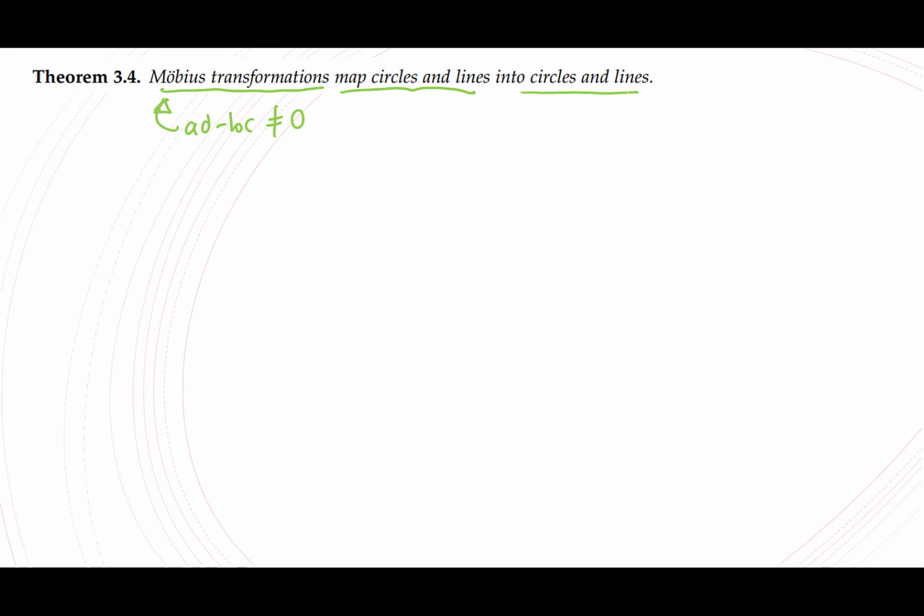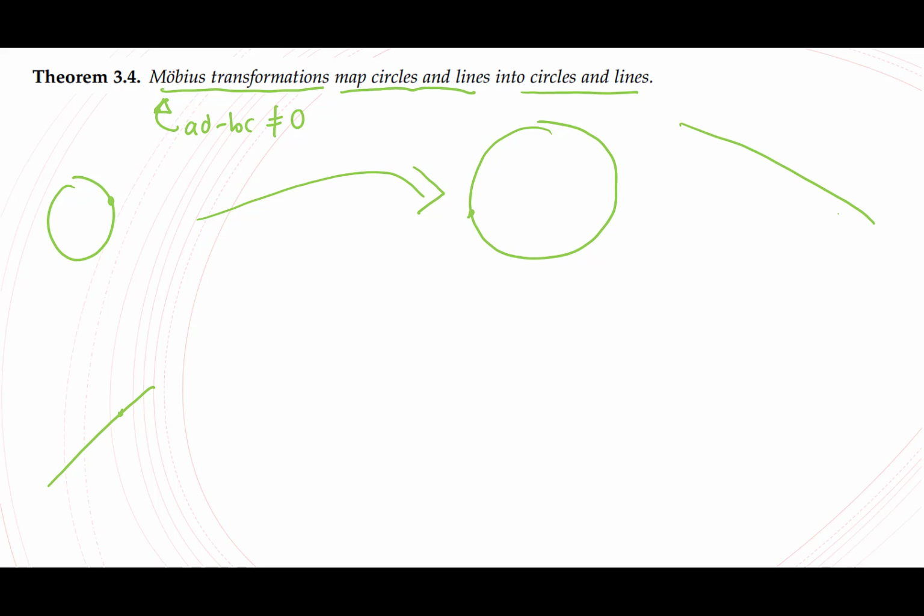And what I mean by that, or what this theorem is saying, is that let's say we have a circle or we have a line, okay, in the complex plane. If you plug any point on the circle or on the line into a Mobius transformation, basically the function is just going to map it onto either another circle, so maybe it's a little bit bigger, and maybe it's over here now, or some kind of line. Maybe it's this line. Okay.